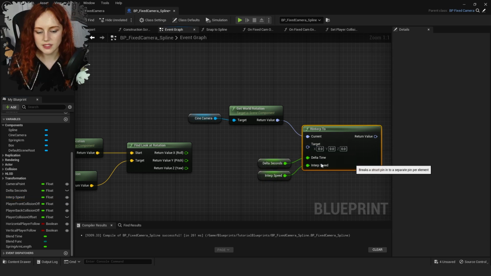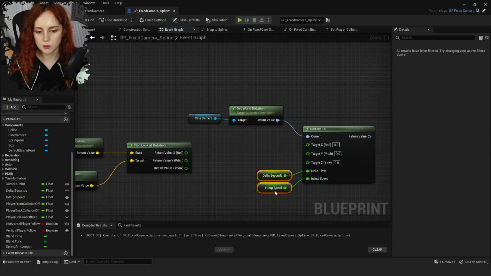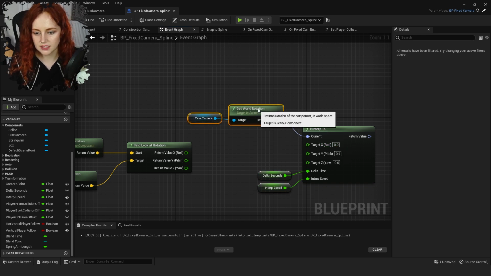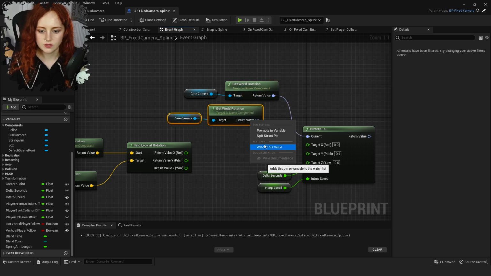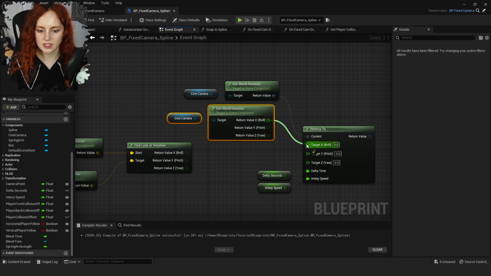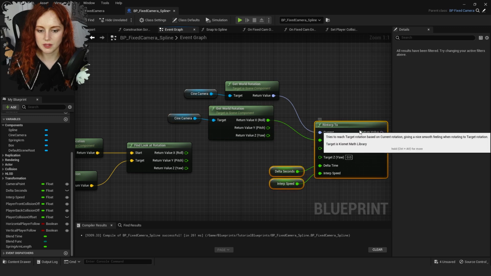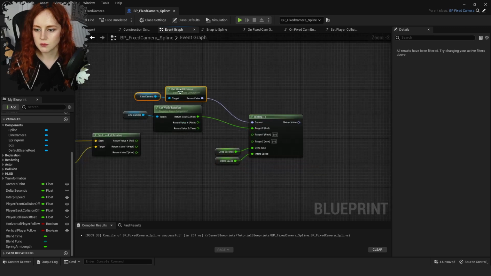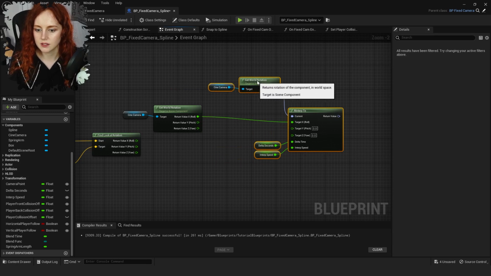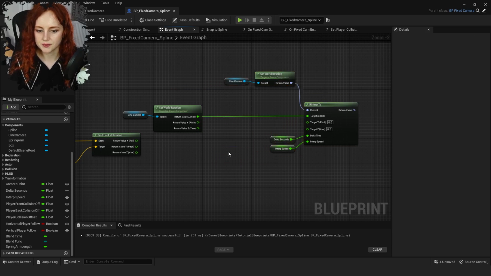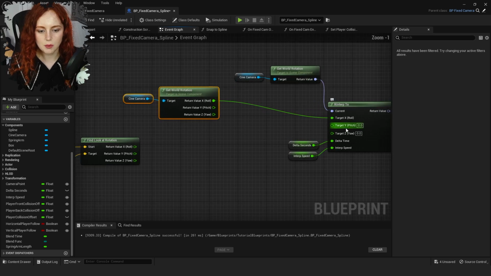Now let's split the struct of the interp too as well, as I don't want to change X. So I always want X to stay the same, so I'm going to just copy and paste the get world rotation, split the struct and make sure these are always pinned together. I'm just going to move this over so we have a bit more space. There we go. And then to set up Y and Z,